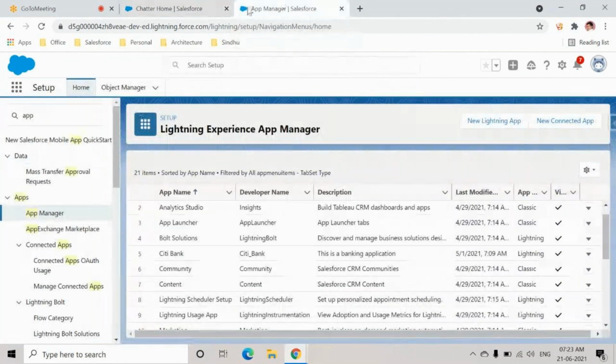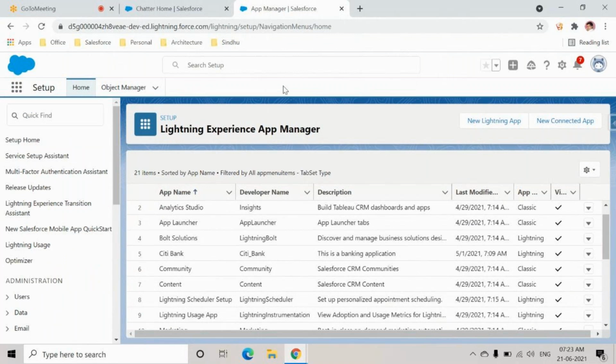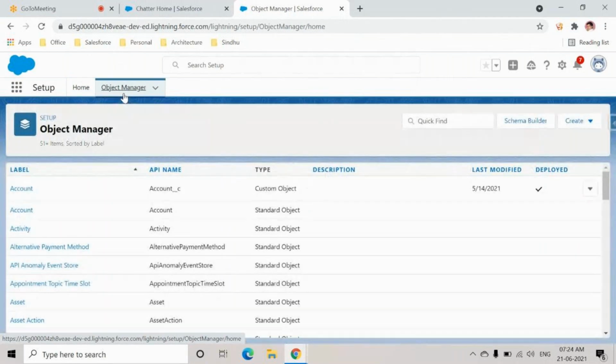Any setup that has to be done by the developer, let us say if you want to create users, create permissions, define roles, or share a record, all these things will be done from your setup screen itself. And if you want to see the list of objects or tables that you have defined, or the standard tables in Salesforce, you'll go with Object Manager, and you can see the list of objects you have in Salesforce.